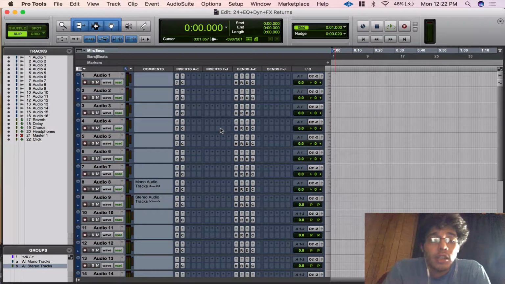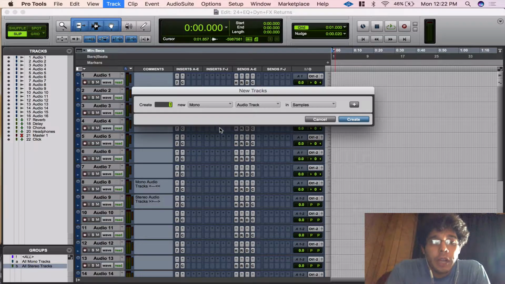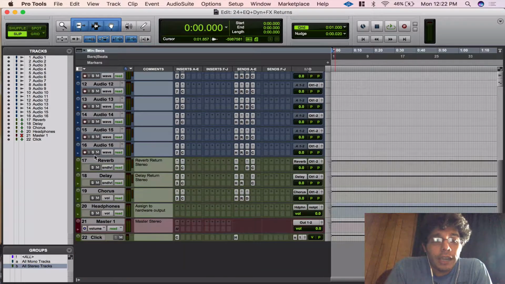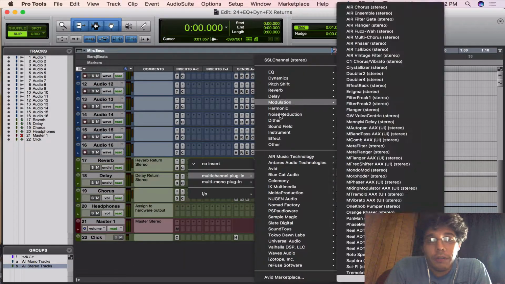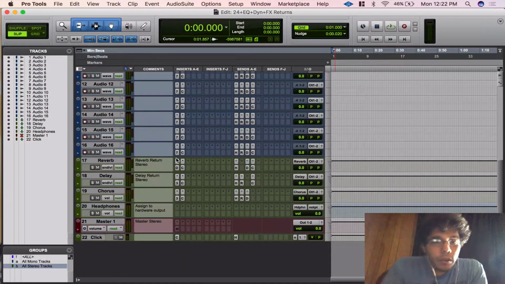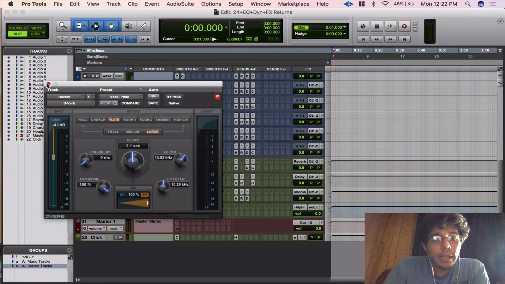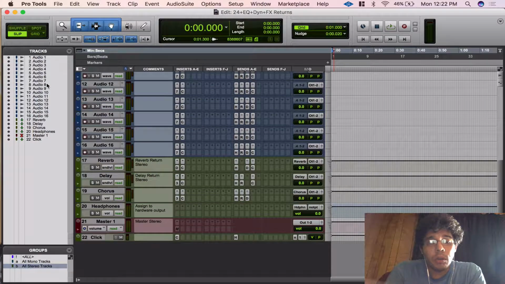Give me a couple minutes. You've got to create a new track, create stereo auxiliary, say create track. It's going to bring it up, then insert reverb, find a preset reverb, and that's kind of a pain. So you can just go to your reverb and click a preset, whatever you like, save it as a template,